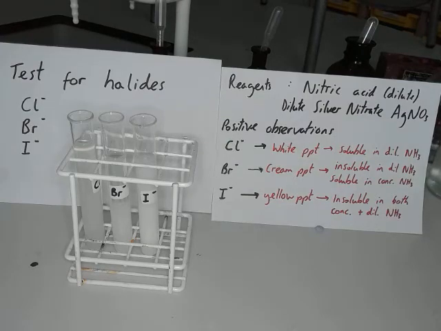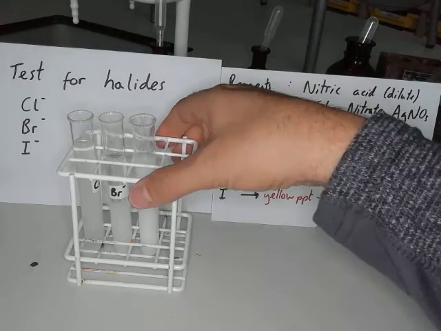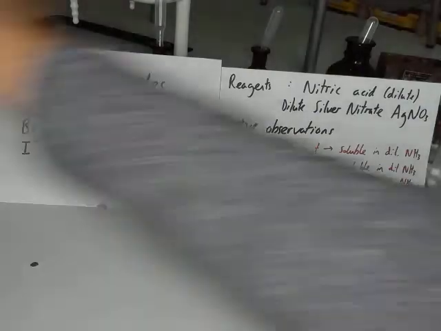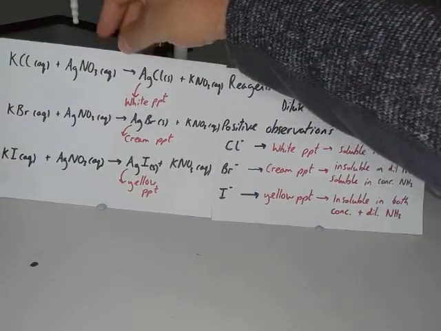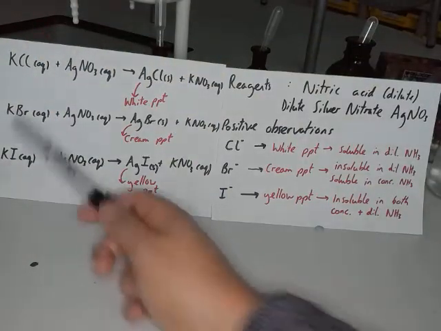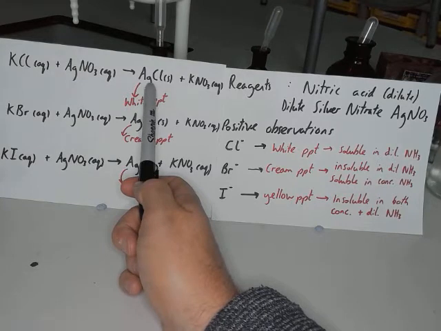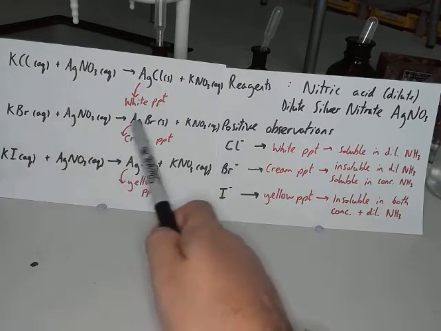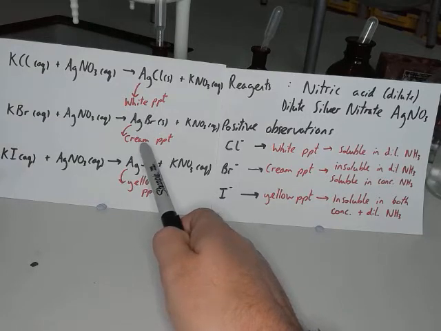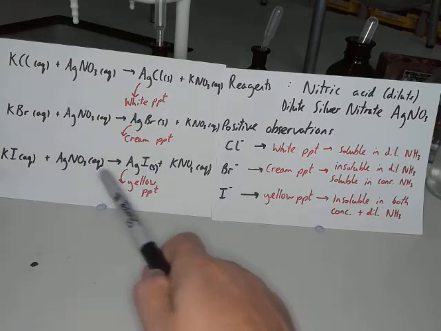So what were the reactions that are going on there? Like I said, each one of those was the potassium halide. So we have the three reactions there. Potassium chloride reacting with silver nitrate to make silver chloride, that's the white precipitate, and potassium nitrate. Then you make silver bromide of this one, which is the cream precipitate, and silver iodide, which is the yellow